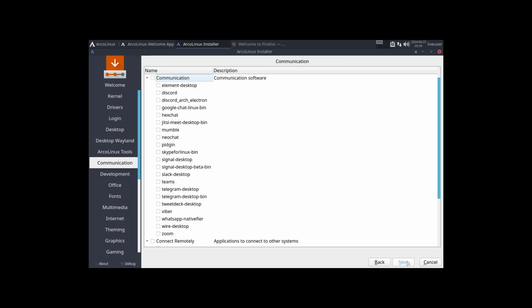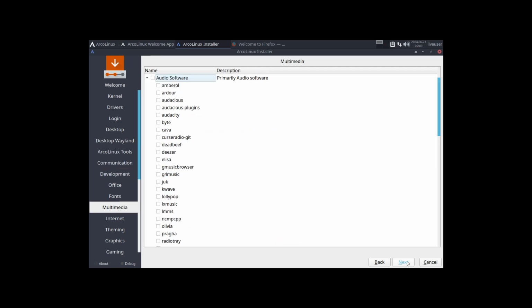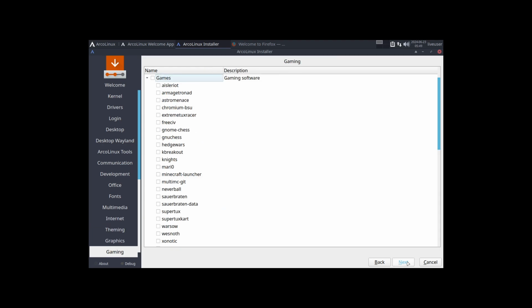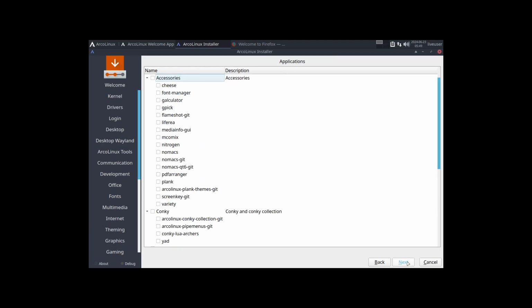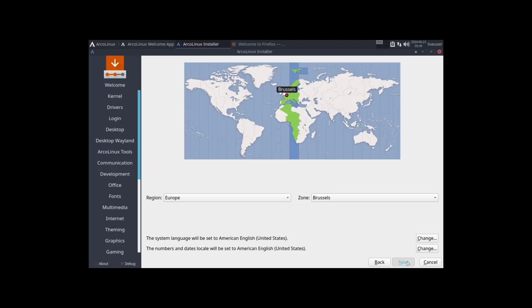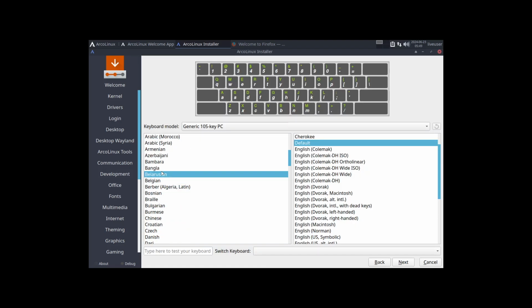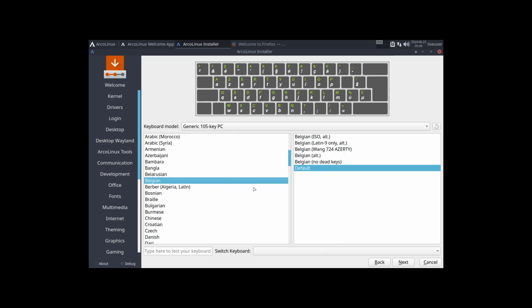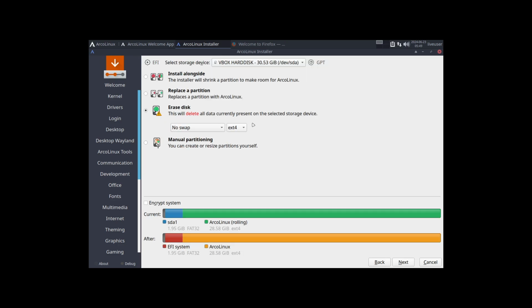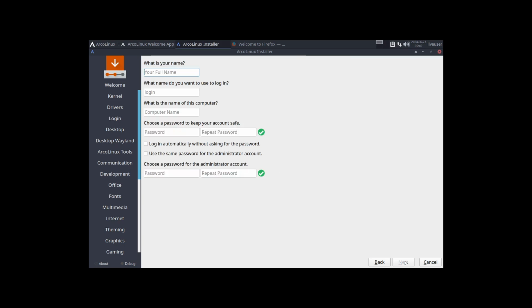These are all packages from ArcoLinux or from somewhere else, third parties, a lot of third party packages you can choose from. You choose, and then you choose the keyboard. There you are. Belgian, erase, choose whatever you like, and then off you go. So while it's doing that,